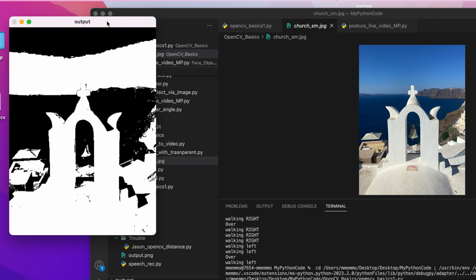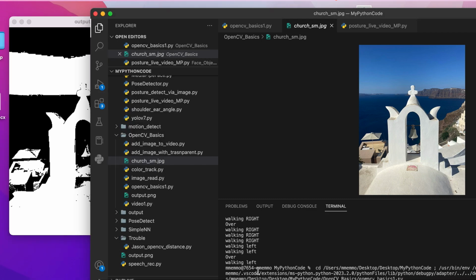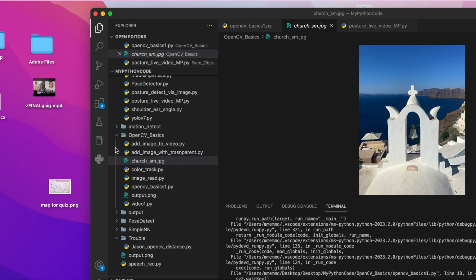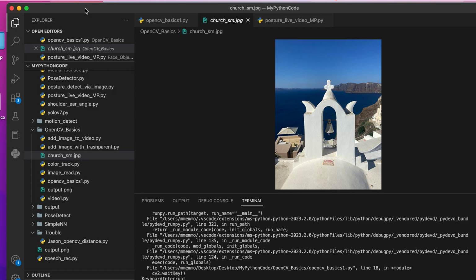This is an example of one effect, but you could do anything, manipulate the pixels any way you want to. I'll show you some other things in future videos, but I did want to show you that. Oh, sorry, I have to press any letter on this and it gets me out. Okay, I did want to show you that